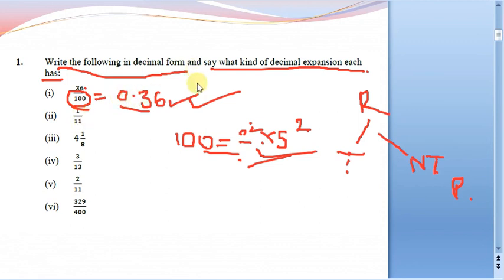Now let us move to the second part of the question, 1 by 11. We know how to divide 1 by 11. We will write 1 followed by 0, 0 and so on. By default we can assume as many zeros as we want, and we are dividing with 11. So just carry out the decimal expansion for this one. So 0.